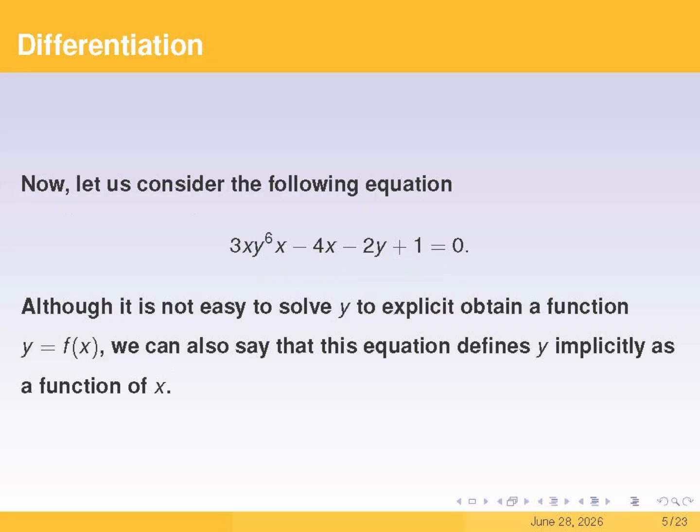Next, let us consider this second equation on the screen. It is quite obvious that it is very difficult to directly solve for the variable y to obtain the function f of x. Although it is difficult to solve for the variable y, we can still say that this equation implicitly defines the variable y as a function of x. In other words, for any equation containing the variables x and y, regardless of whether the variable y can be easily solved for or not, we can always say that the equation implicitly defines the variable y as a function